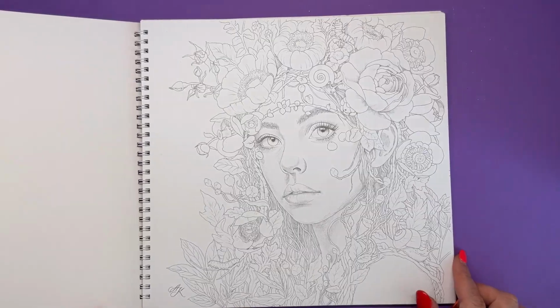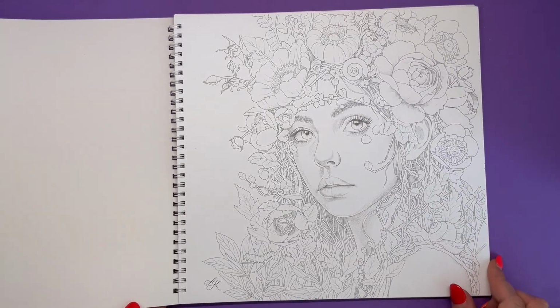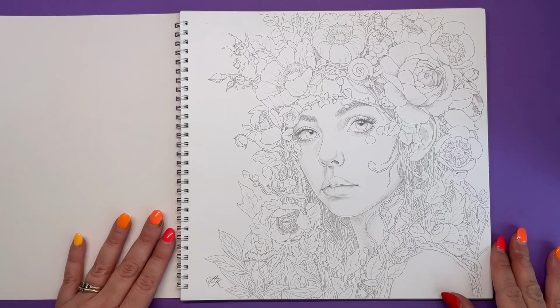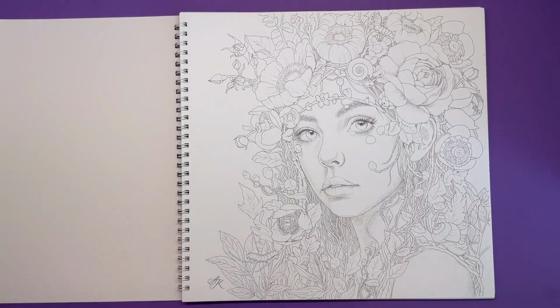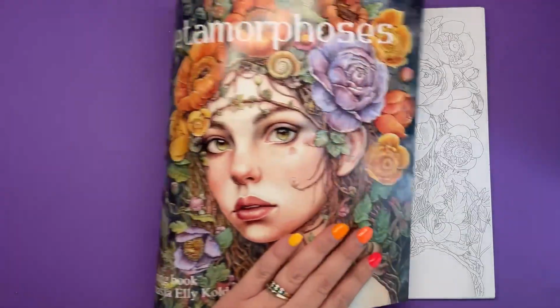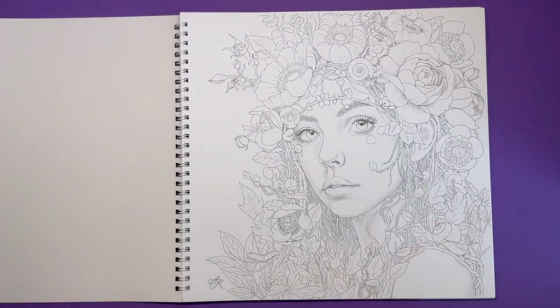So as usual, you open the book and you get straight into the illustrations. There's no fluff, there's no copyright, there's nothing to read and get through. You go straight into the illustrations. And the first one is the cover image. So you can see